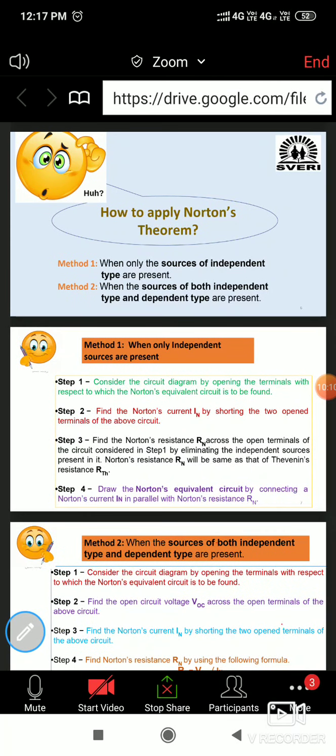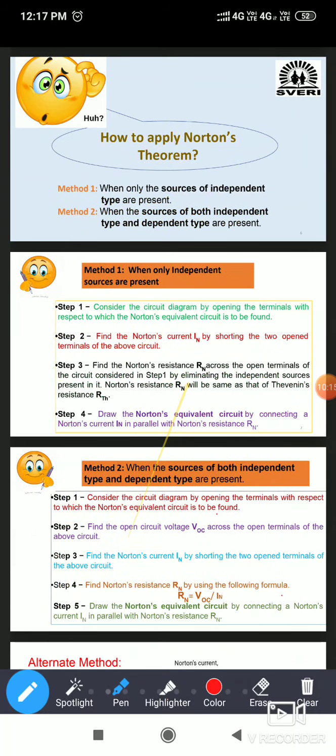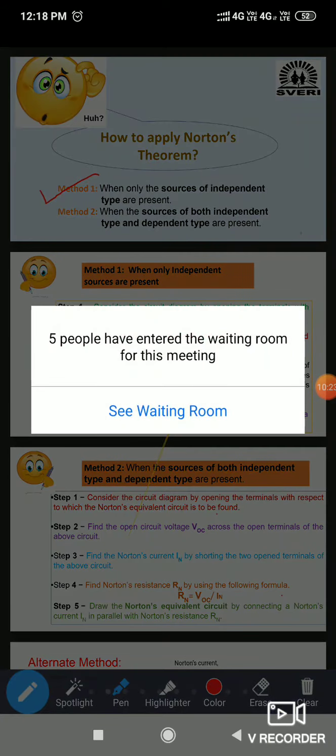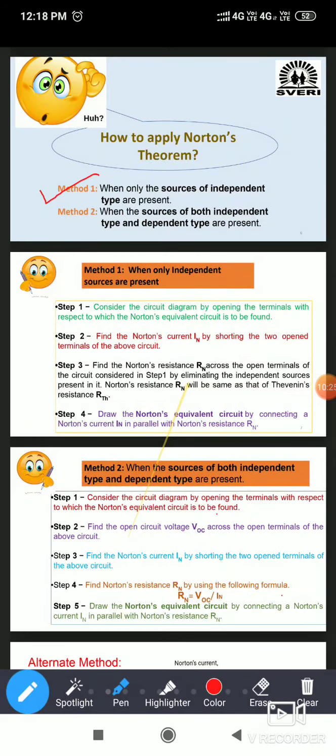Okay. Now here two methods are there, same as Thevenin's theorem. So first method will be when all sources given in the network are independent only, means there should not be any diamond type of structure of sources. So when all sources are independent sources, then that will be considered as method one. In method one, we are finding out short circuit current IN. We are finding out equivalent resistance between two terminals, that is RN, and then we have to draw the Norton's equivalent circuit, and then whatever response is asked in the question, that you can find out. That procedure we are following in method one.